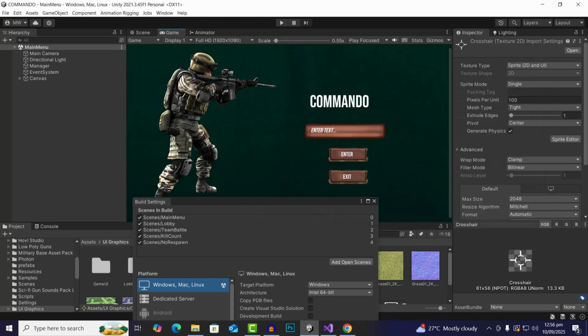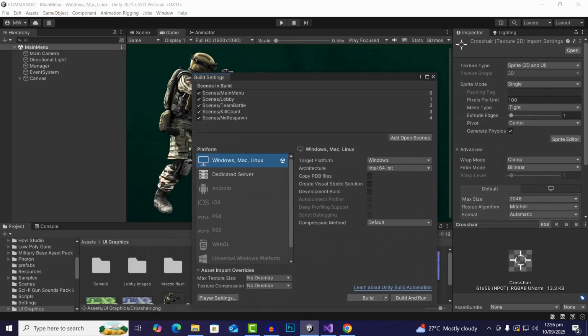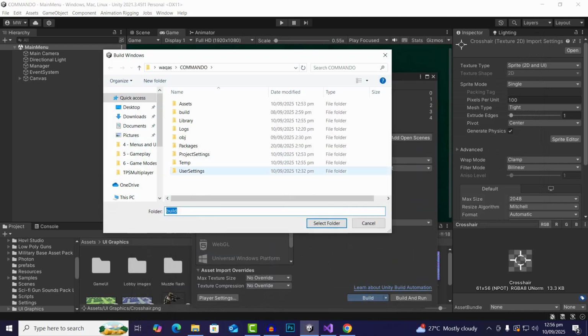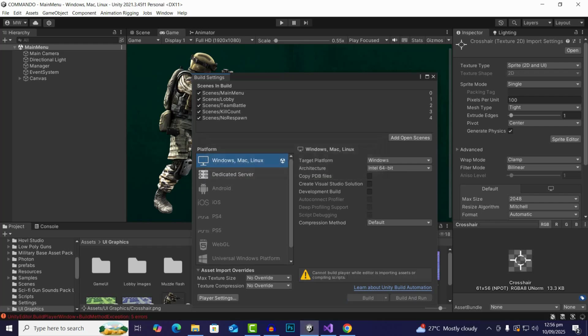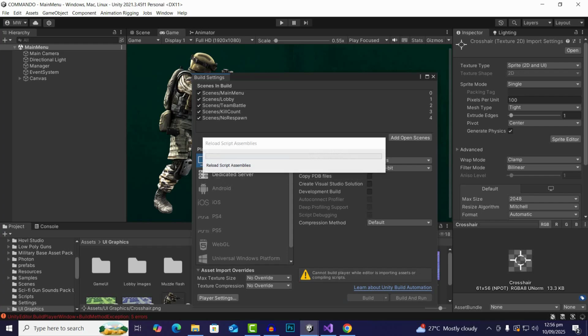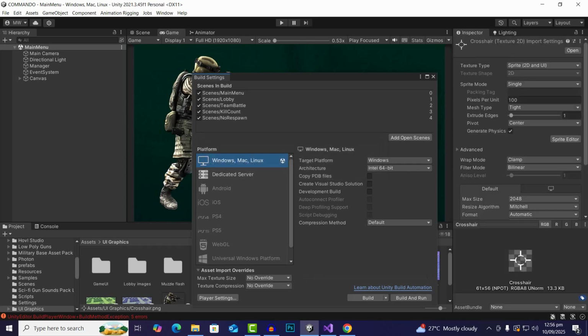So now let's build the game, and we'll go here, and you can go to Build, and then you can select a folder for the build and select folder. So now our build is created. So now you can see that in this particular tutorial in a course, we have learned how we can create a multiplayer third-person shooter game, and definitely for third-person shooter games, it is the initial step, and